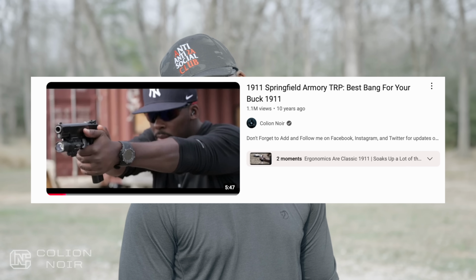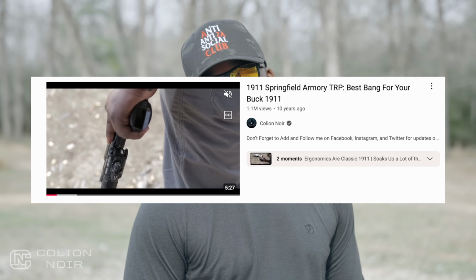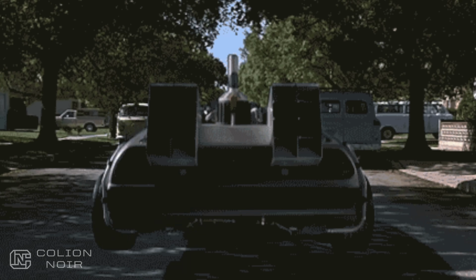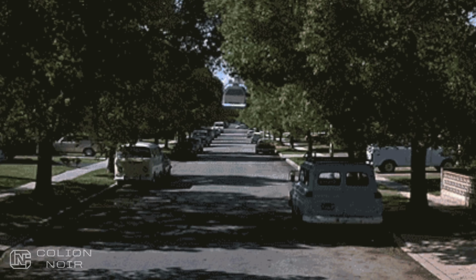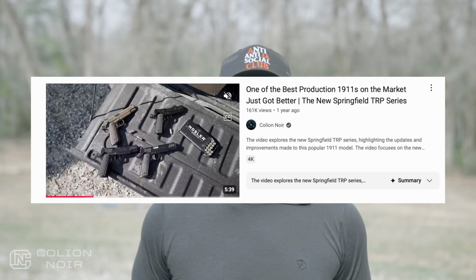One of my favorite all-time 1911s is the TRP, Springfield TRP. I remember when I did the video on that gun, I put my heart and soul into that video because I just loved it. I love the way it looked, I love the way it felt, everything. And then fast forward to like a year ago, Springfield came out with their updated, modernized versions of their TRP,